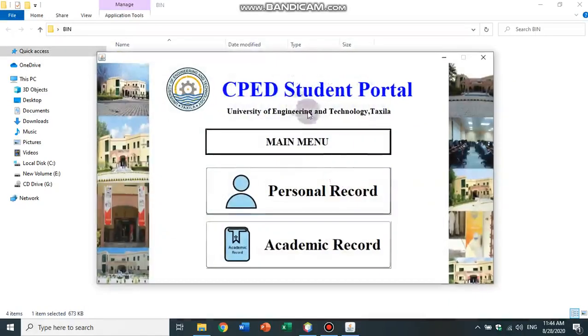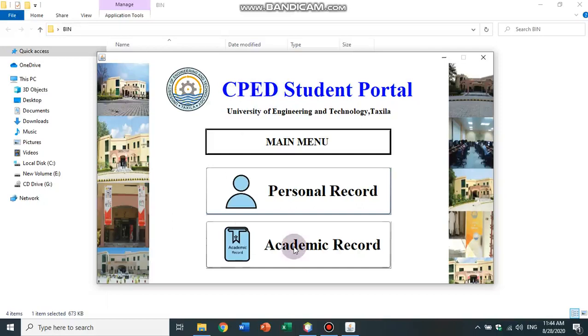Okay, so the main menu of this system has appeared, and it is showing two things: personal record and academic record. Our project is divided into two parts. Personal record contains the data of students' personal life, like name, father name, date of birth, etc. We will see all these things in further video.